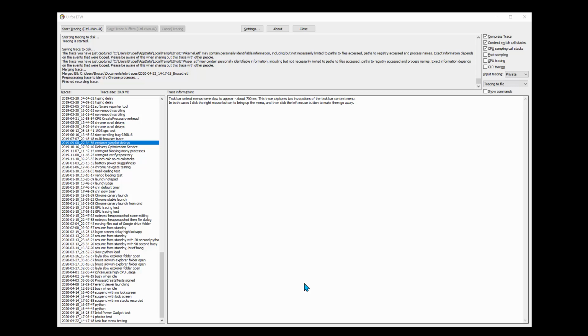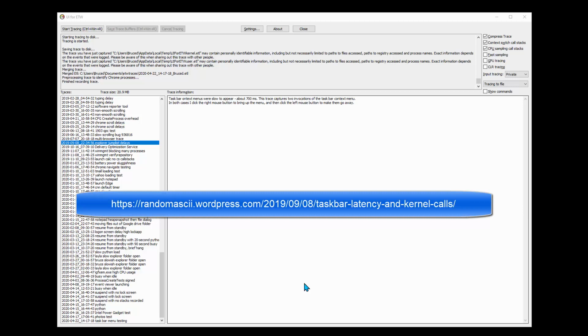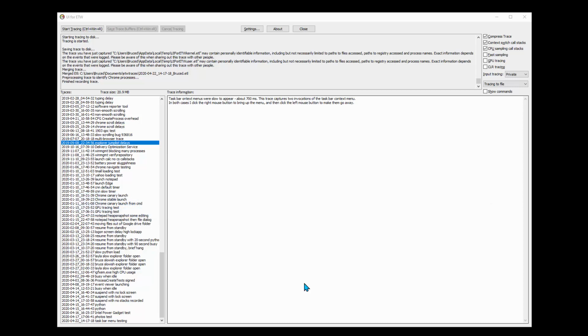Last year I found an issue where bringing up the taskbar context menus in Windows was taking too long, about 700 milliseconds for something that should be virtually instantaneous. I grabbed a trace, analyzed it, and wrote a blog post about it, but today I wanted to go through the process in a video of actually analyzing that trace to help people understand how to do this sort of